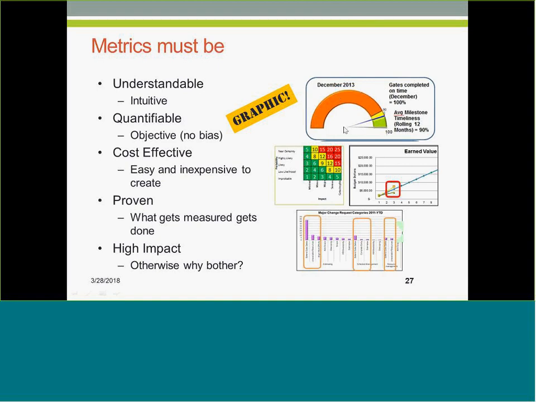Or here we have our risk matrix, of course, which you already know. Here we have our earned value curve, right? Here we have major change requests or change request categories where we have a histogram that we're seeing here, or even a Pareto chart in some ways in the first portion. So it's very important. Metrics must be quantifiable, must be objective, so you can count them, and they arrive at the same